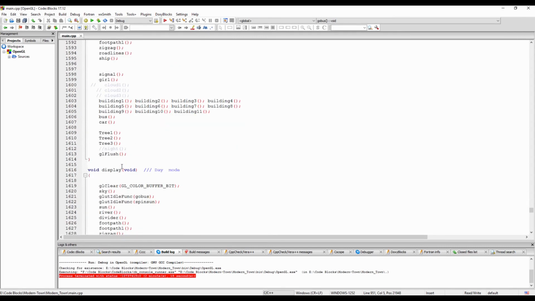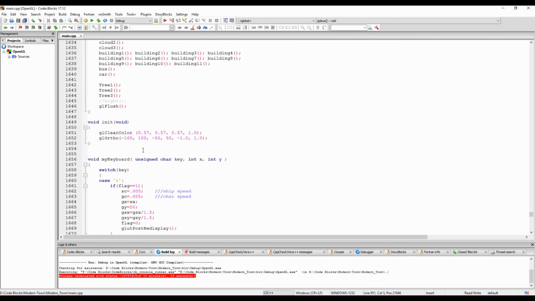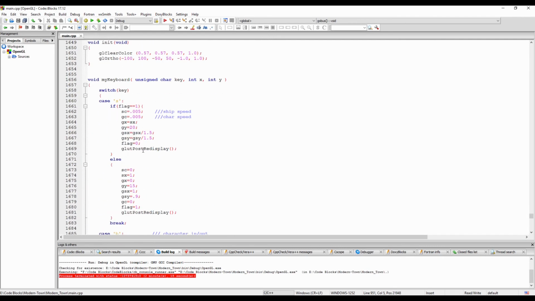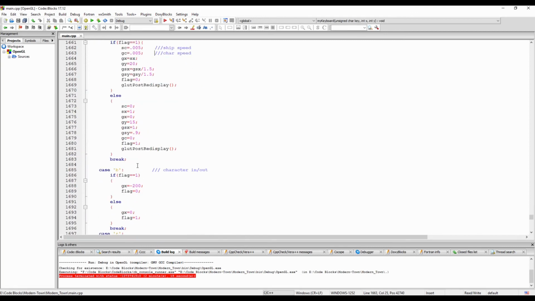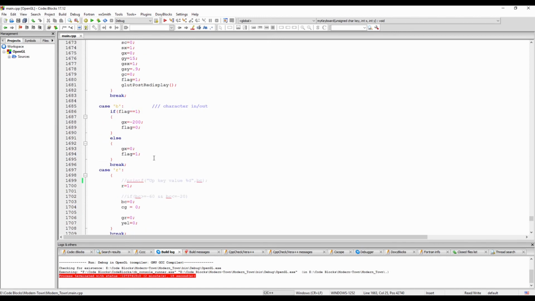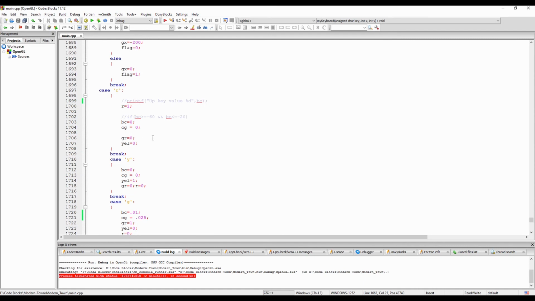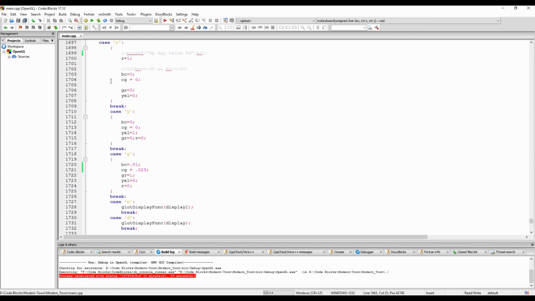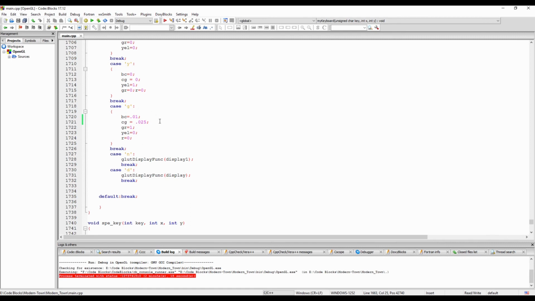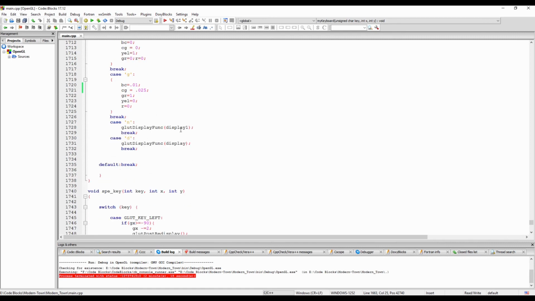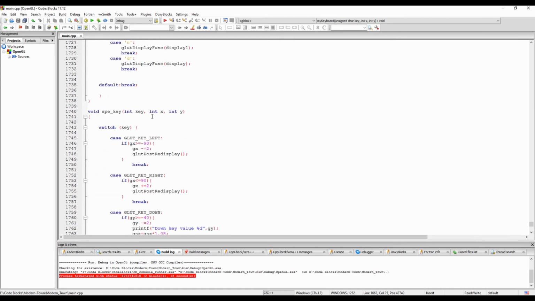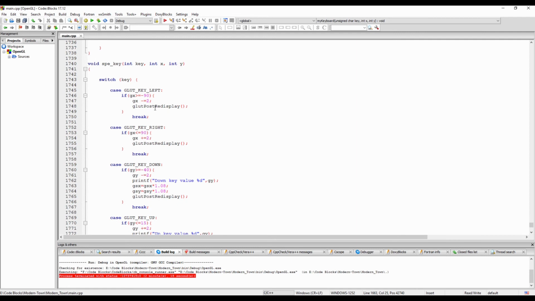Here we show and hide some functions. First, for the keyboard control, if we press the S button, the character will enter the ship and the ship will start moving, and that is given here. The B button is for hiding and showing the character. The R key is for stopping the car, yellow works mainly the same, and green is for starting the movement of the car again. N is for night mode, D for day mode, and for the character movement we used the right, left,